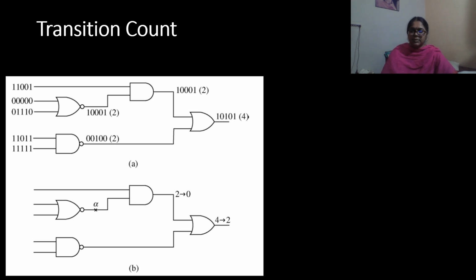Transition count. It is defined as the total number of transitions of 1 to 0 and 0 to 1 in the output response sequence corresponding to a given input test sequence. For example, if the output response sequence Z is given, for example 1 0 1 1 0 1 0, then the transition count would be 4.